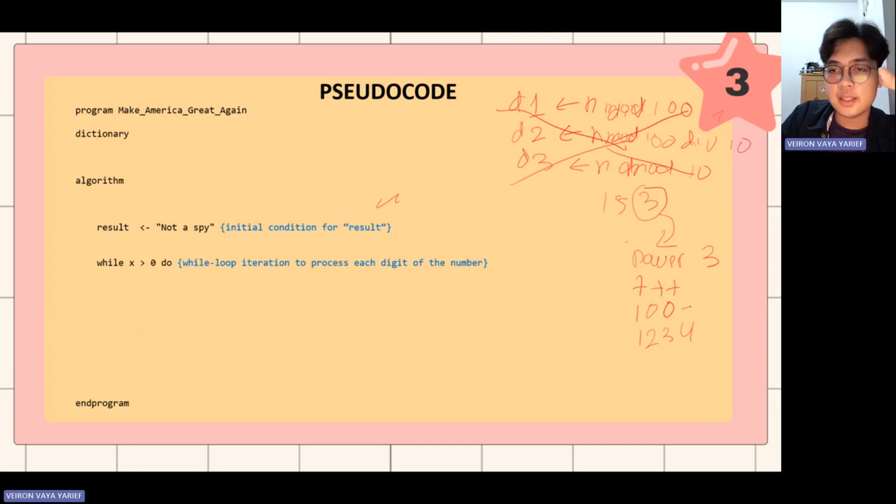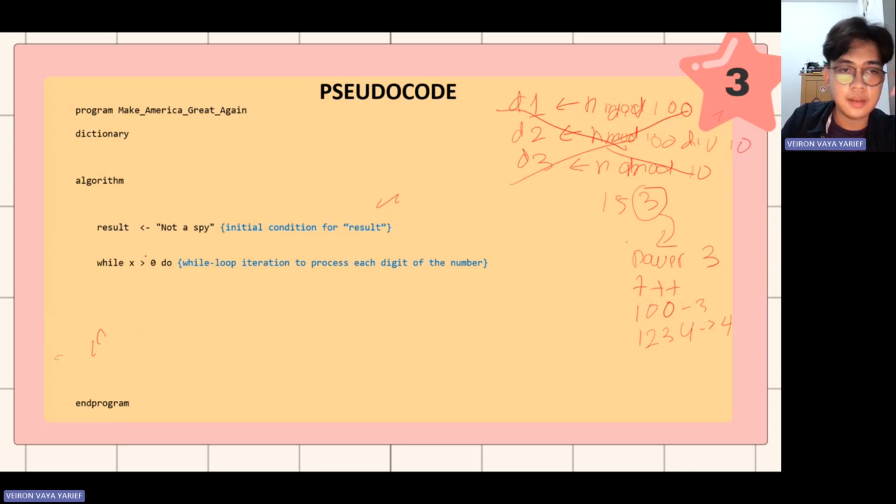We do 3 iterations here, and 4 iterations here. So can we use for loops? Of course not. In the first lecture, I said that if we don't know how many iterations we do in a loop, then we use a condition loop, not a for loop, right? That's why I use while here.